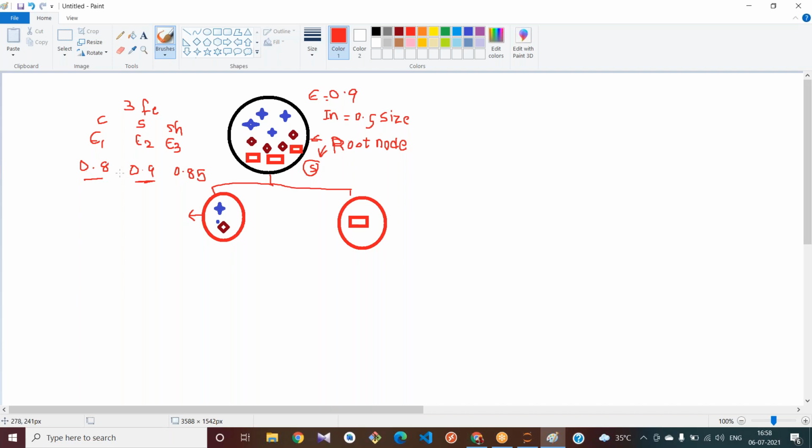Taking which feature will it classify the data here? Please tell me. We have only two, shape and color. We got entropy 0.8 for color and 0.85 for shape.